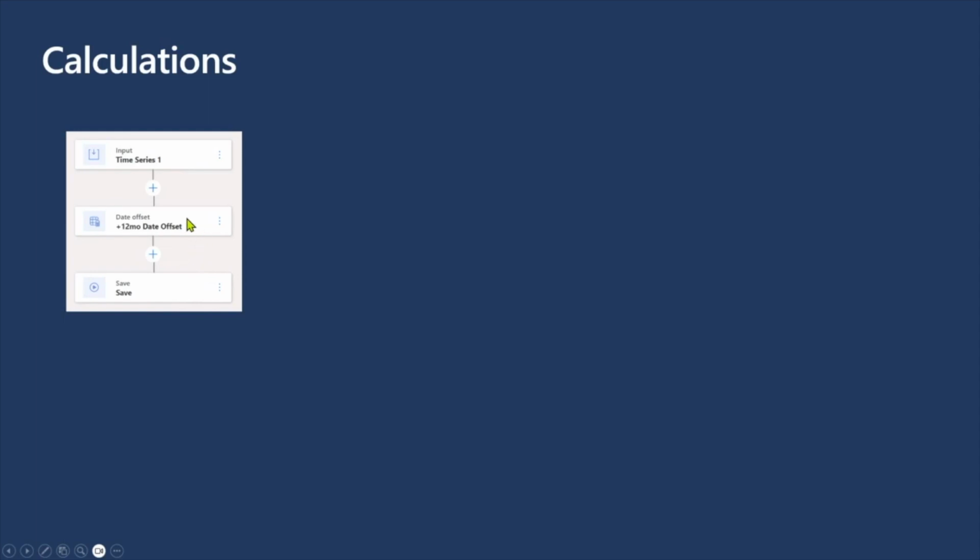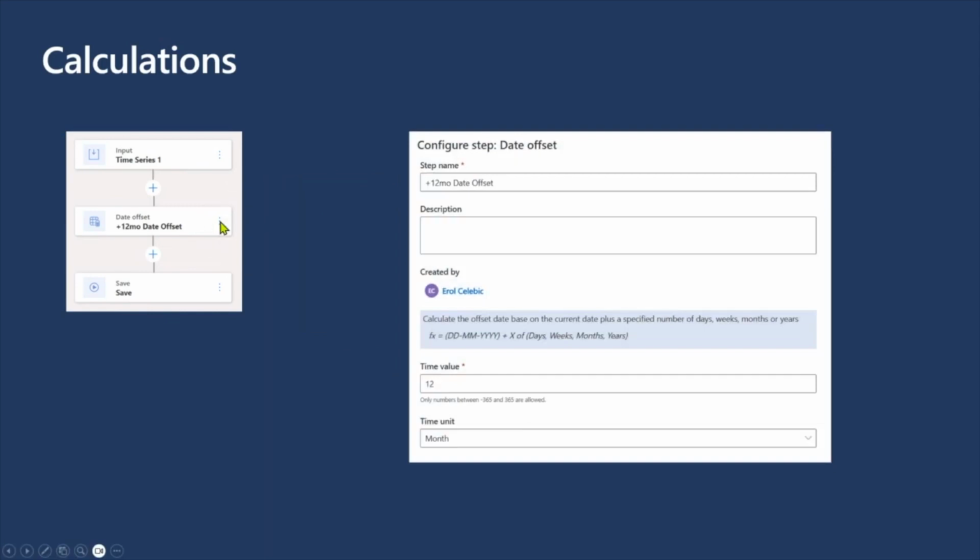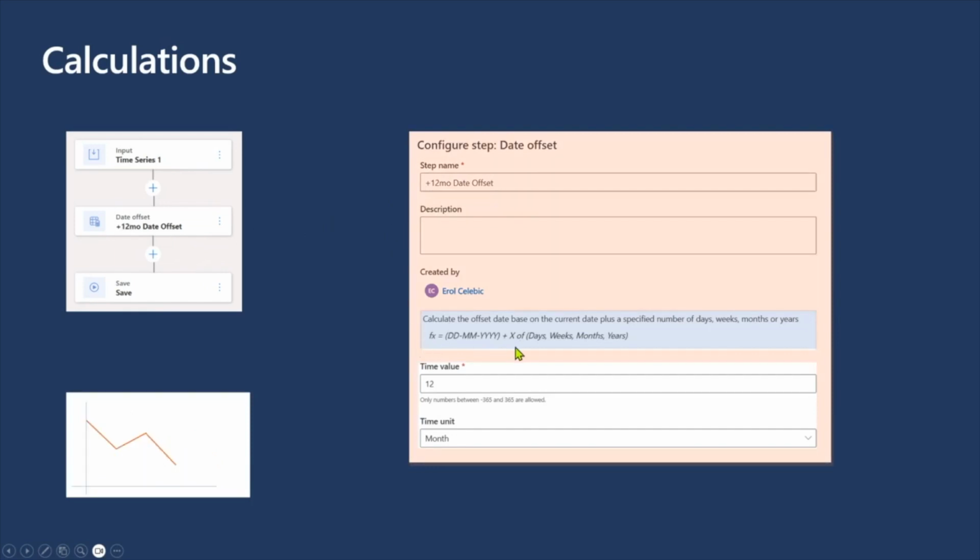If you go and click on the three dots on the step for the calculation itself, then you will have a screen which consists on the upper part of the description and basic naming, which you will see in the list. And then on the lower part, we are including in the blue box the formula which is valid for this specific calculation. And below that, you will see the variables that you can select so that you can achieve this goal. In this example, this is a calculation which will offset or move on the time series time axis,